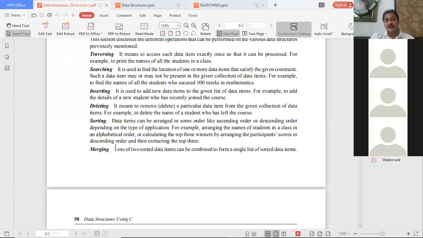Once inserting and deletion operations are over, we go for sorting the elements, and once sorted, we go for searching. Prior to searching, we go for traversing, and if sorted elements are available, we apply the merging concept.